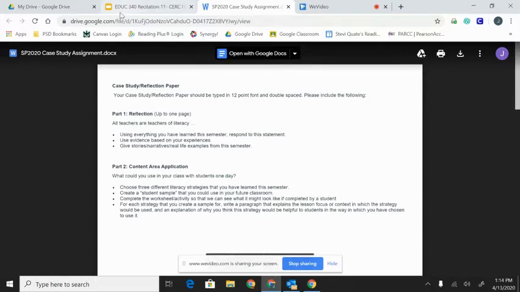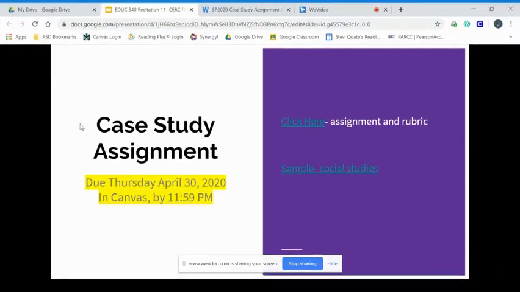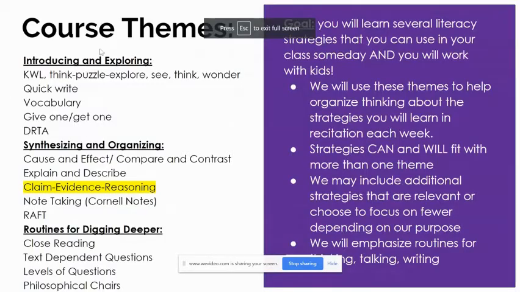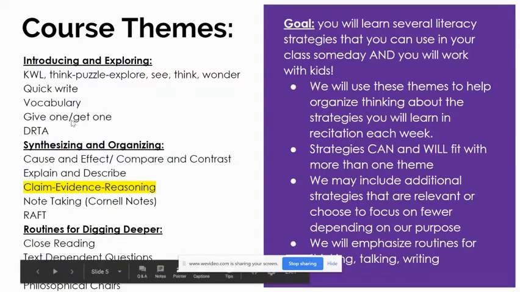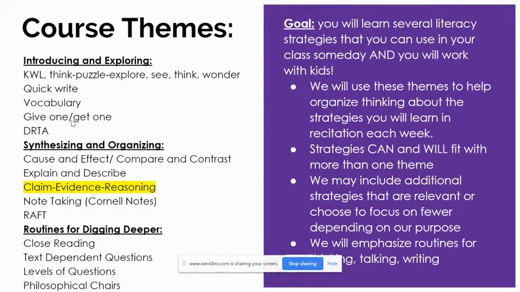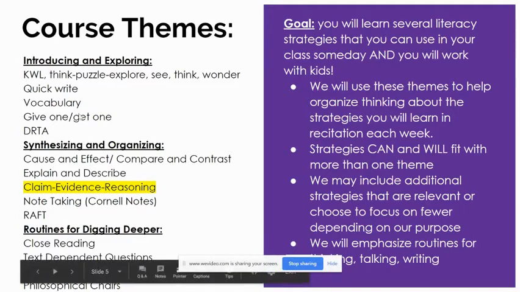Let me give you a quick example of what I mean by strategies. This slide, if you look over here, each of these items that I'm pointing to with my cursor, those are strategies that we have taught at some point during this recitation class. We have not done give one, get one yet. That will be next week's, but the rest of them we have gone over at some point this semester. You need to choose any 3 of these that you want to focus on for